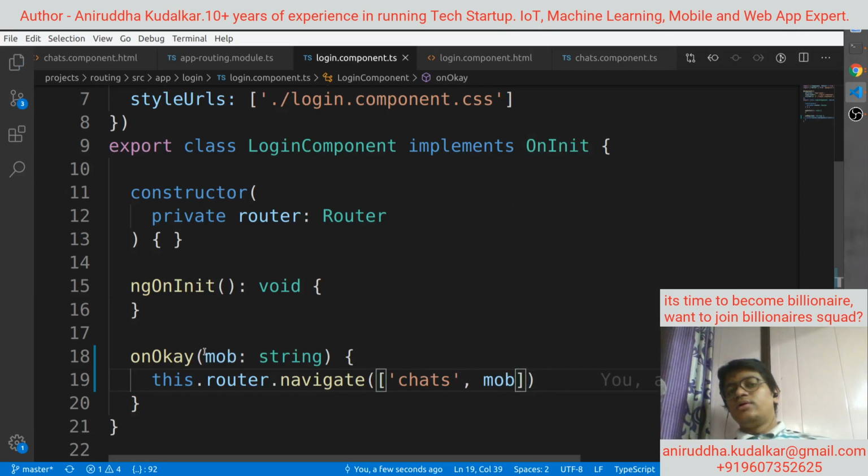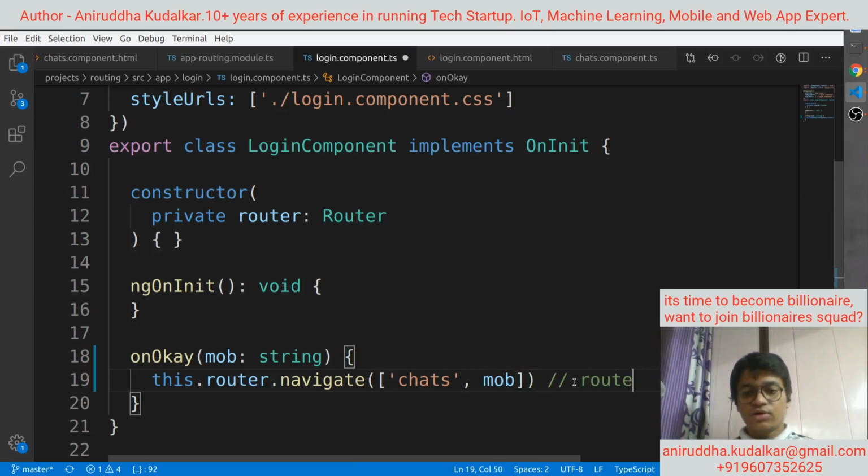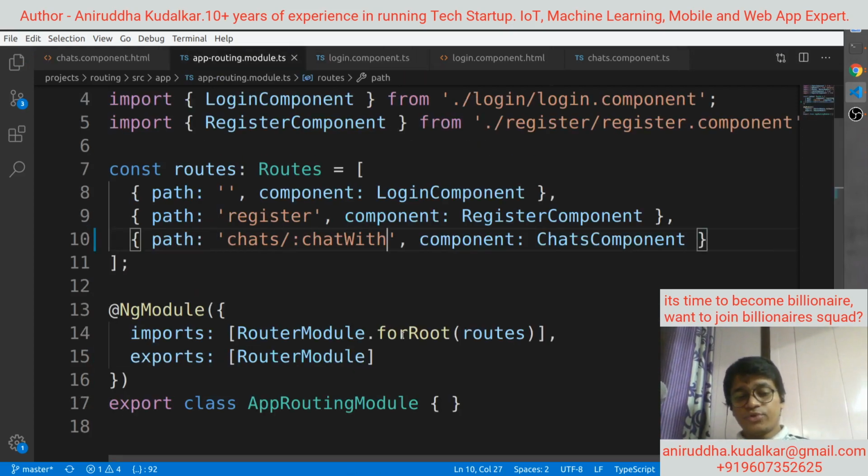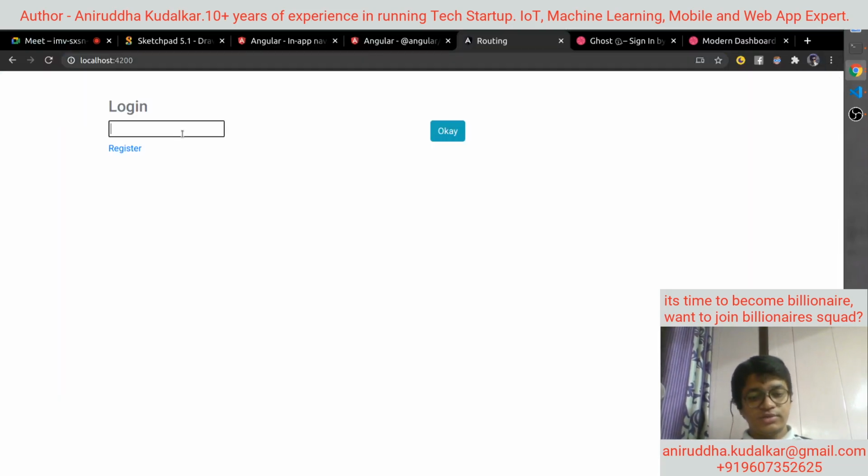Well, you can pass the data to the router by means of two ways. So this way is called by means of route params. If you go to the routing file, in the router, in the URL itself, there are parameters. If you see, the URL would be appended with some ID. I'll show you what I mean to say. Here you can say some number. If you click on OK,